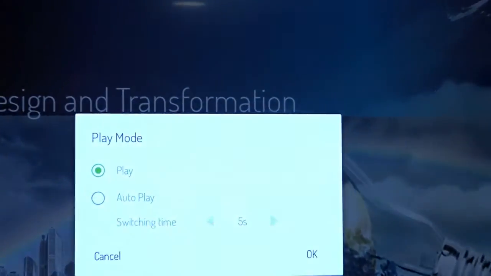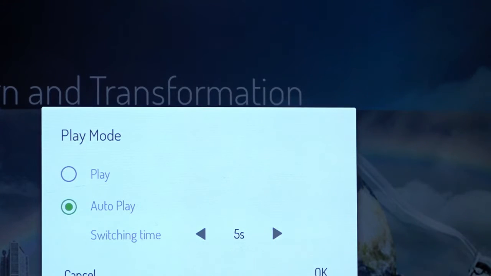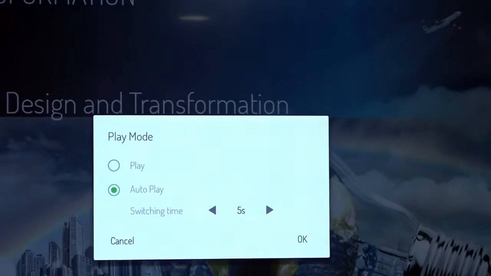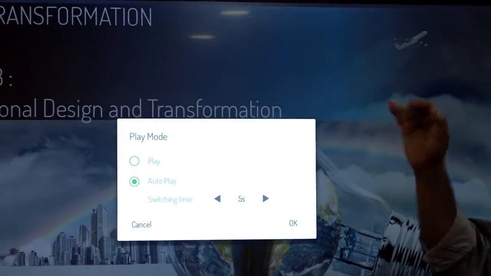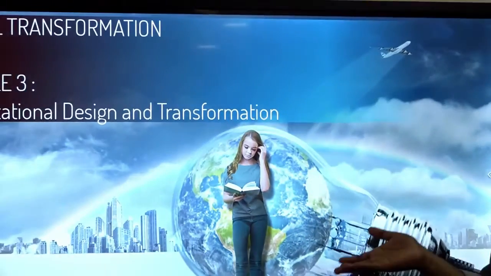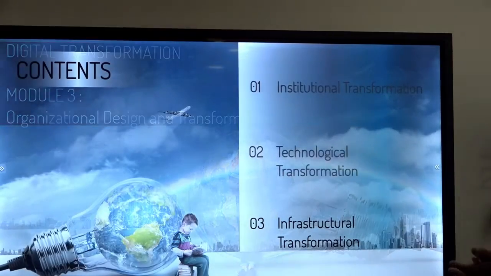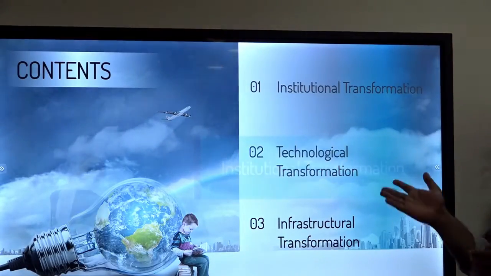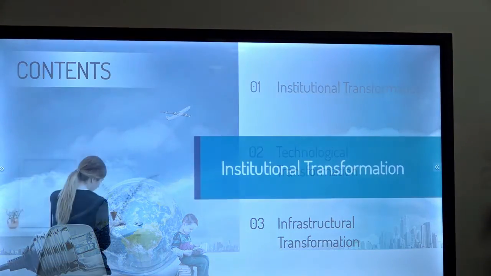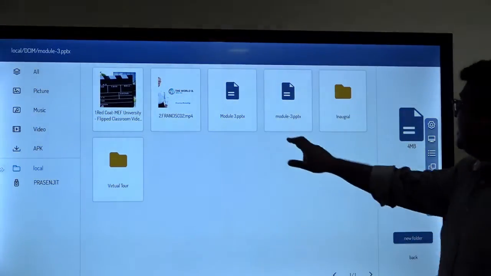Now custom play means we can take one particular slide and we can explain that and we can go to the next slide. So first I am just pressing on autoplay. As you can see, one by one, it is basically a slideshow, right? Normal slideshow. One by one the slides will come up and you will see the screen is coming. See, I have given a 5-second timer. So this particular screen will come like that. Okay. Let us go back from here and let us see what is custom, right?